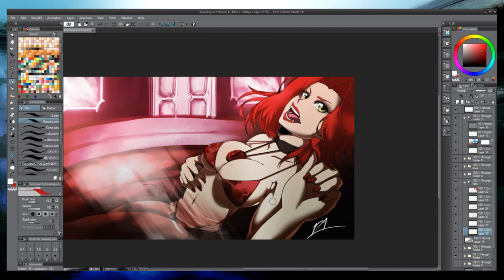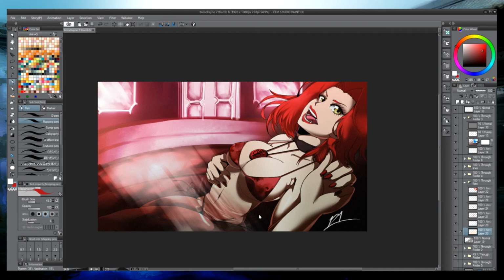One thing I do want to say is I forgot to draw the shading on her choker, and I added some more elements to this that you'll see later on, but I really like the film grain effect and all that. It looks real nice. But now let's get into the